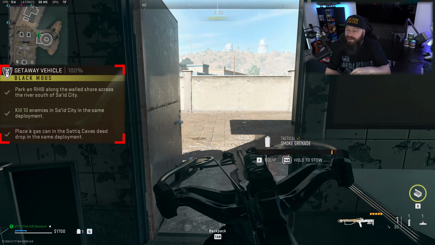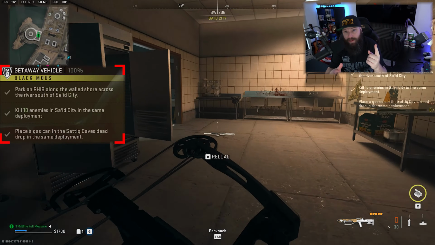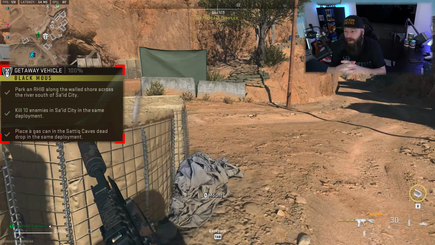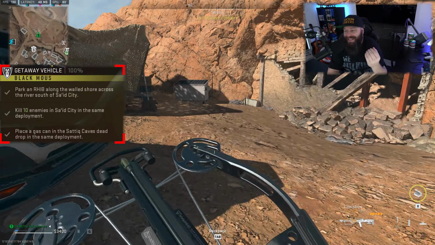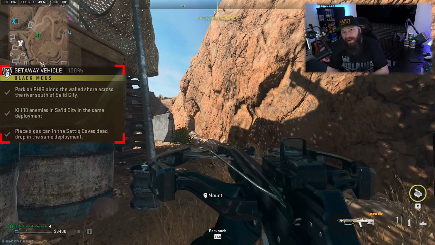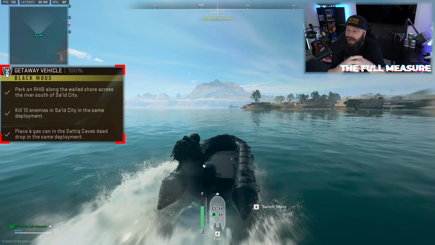And then secondly, you need to kill 10 enemies within the Said City limits in the same deployment as parking the boat. And then last but not least, also in the same deployment, you have to take a Jerry gas can all the way up to the City Caves, the brand new dead drop location over there, and basically put it in there. You can accomplish this mission and the objectives in any order you choose, but for me the